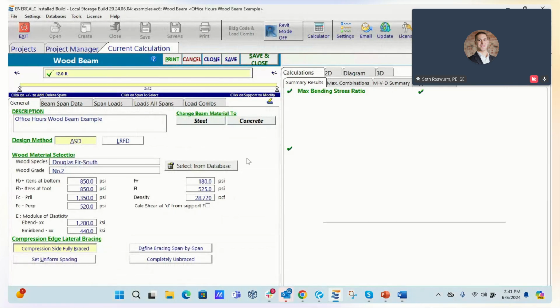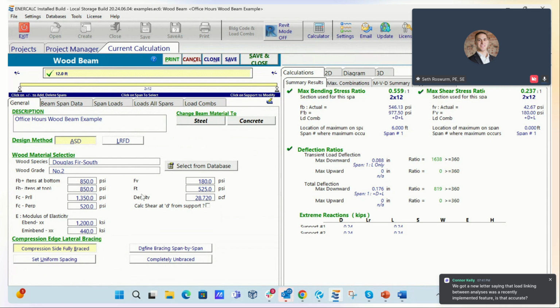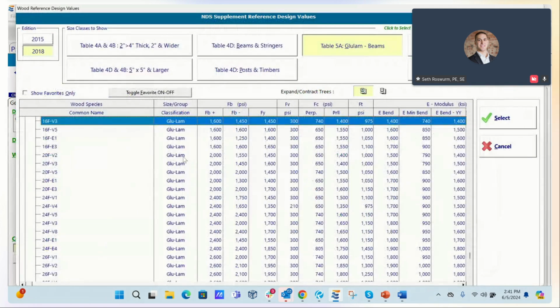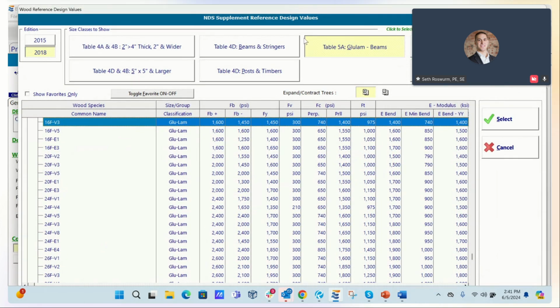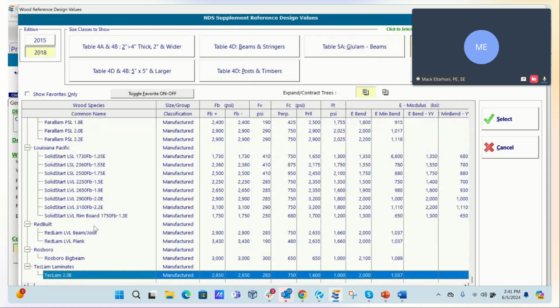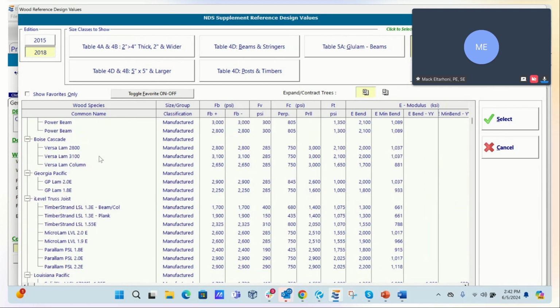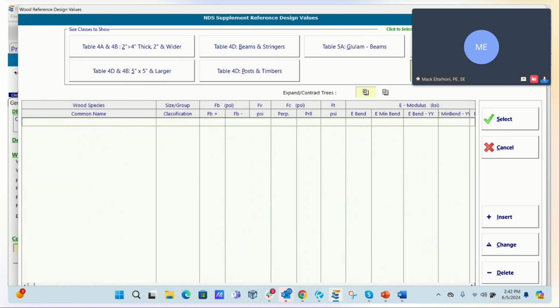Yes. Okay. Can you guys see my screen? I think it's ready. So coming back here, you will have quite a variety of things to choose from. From glulam, you have a variety of engineered wood products right here. But also you have a user defined option, and as you're saying, we don't directly support it, but this might be something you'd be interested in: you can actually have a user defined section.